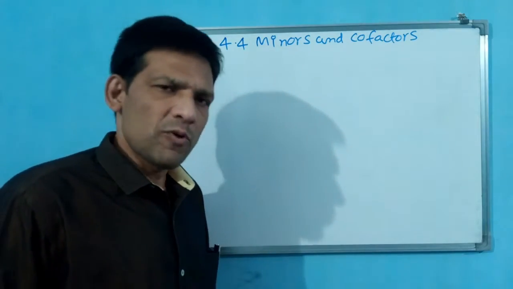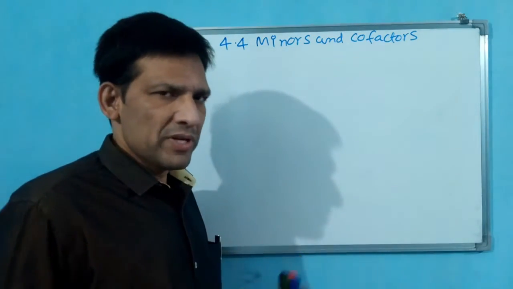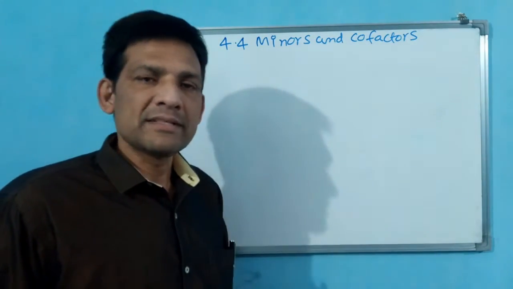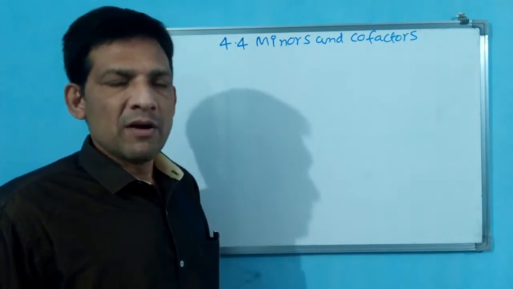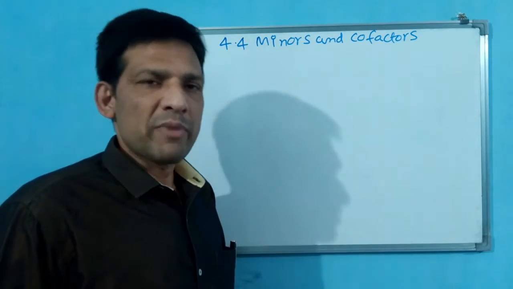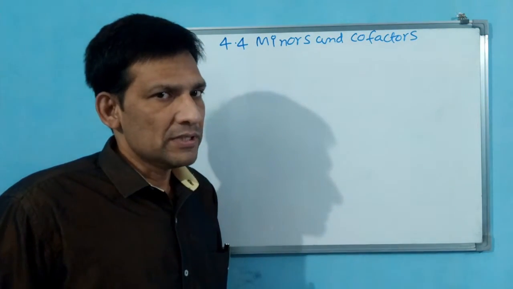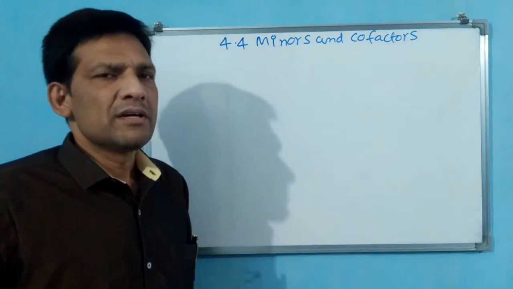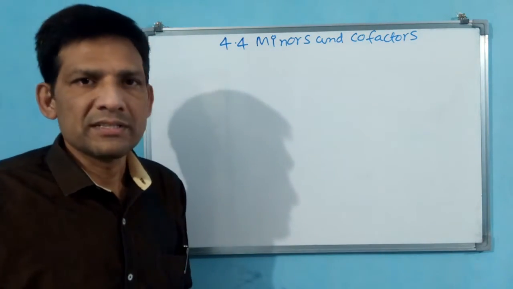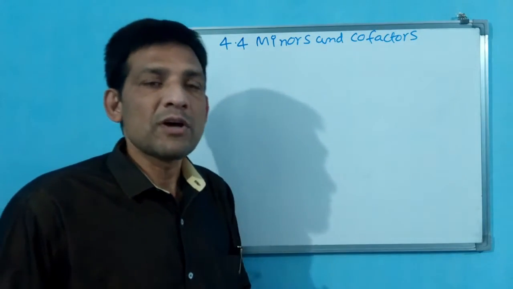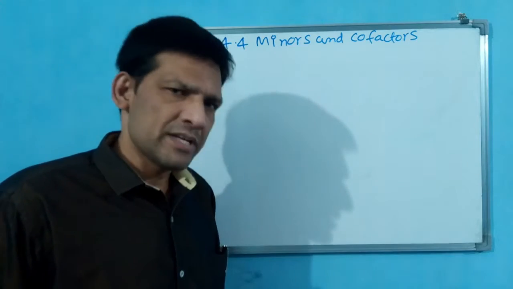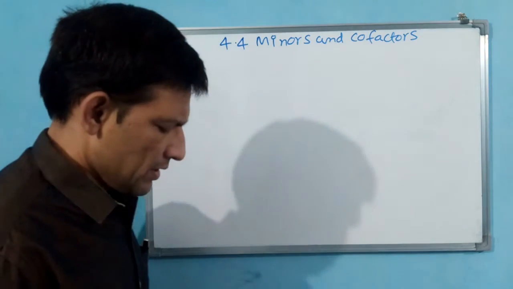These minors and cofactors we already know, we have done them, but we did not call them minors and cofactors. We found determinants, and without minors and cofactors we cannot find the determinant. While finding determinants these are essential, but we did not know these are minors and cofactors. Now we will see what is a minor and what is a cofactor.